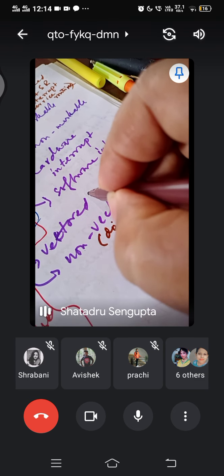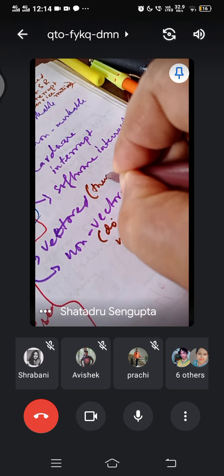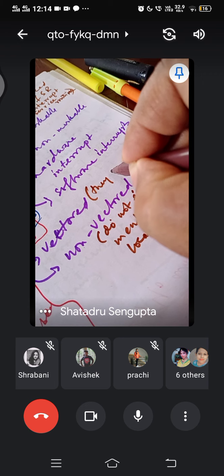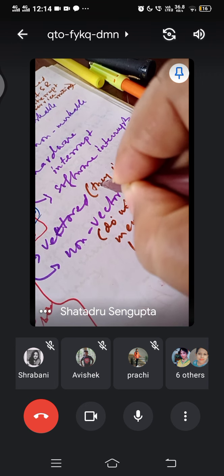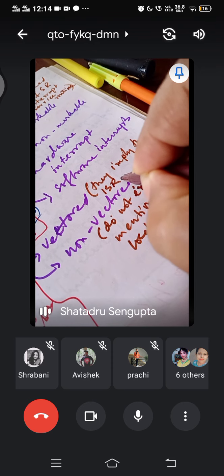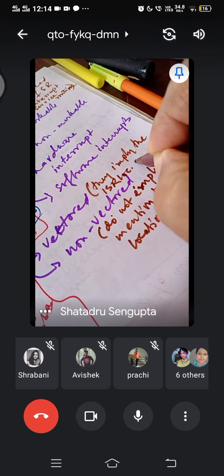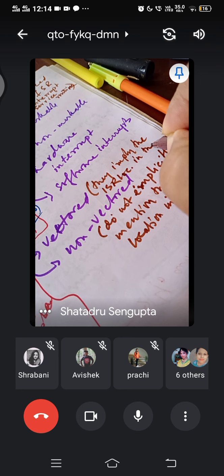And the vectored ones, they imply the ISR location in their